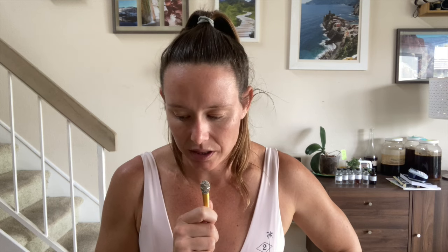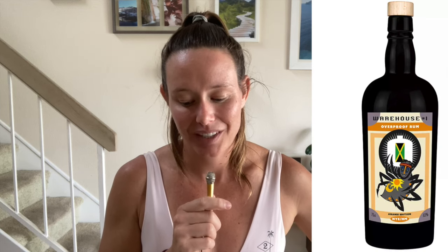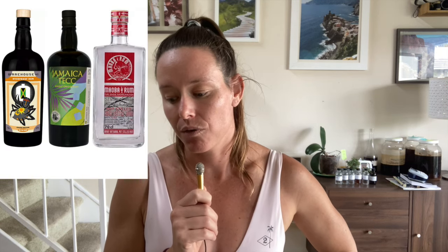I really enjoyed the Mhoba High Ester rum, but I think I liked the New Yarmouth just a little bit better. Just a little bit. And that's just because of the kind of balance of flavors. And if I were to buy one of these, I honestly think I would go for the Mhoba High Ester rum because it is so unique and so fun. And I feel like I don't have another rum that's like that. The New Yarmouth NYE